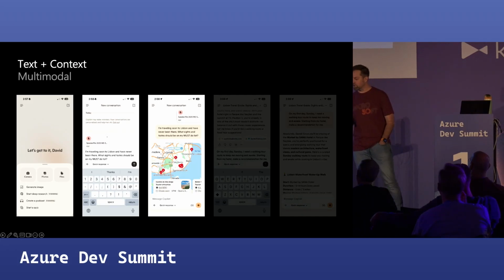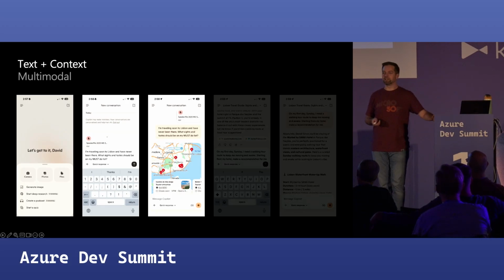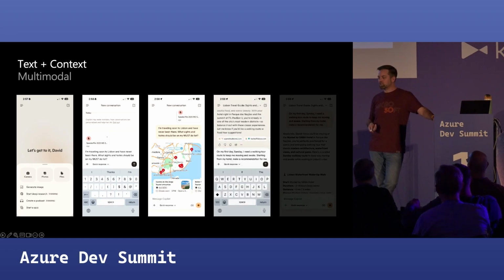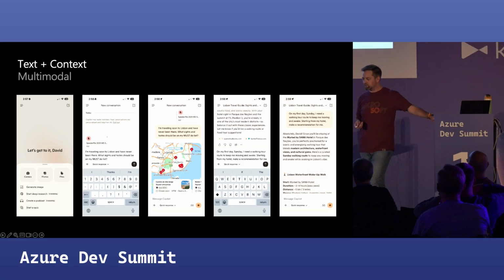Because my prompt was also, did I say this? Like, I really need to stay awake. Maybe I didn't say that. But that's generally my thing, right? Like when I land here from the United States, I'm super jet lagged. I need to stay awake until at least 8 p.m. So I'm able to get much better responses that way because I provided some additional context. And the conversation gets much more interesting.